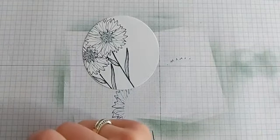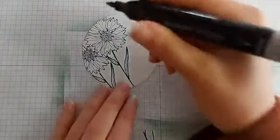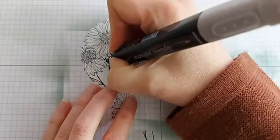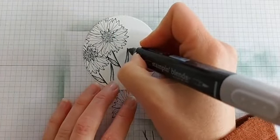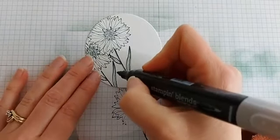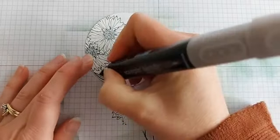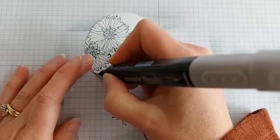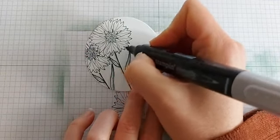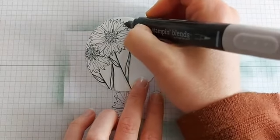There are occasions where I feel a little bit restricted in my colouring based on what colours of blends I have available. First, I'm going to do a little grey outline, a little bit of shadowing, colouring process